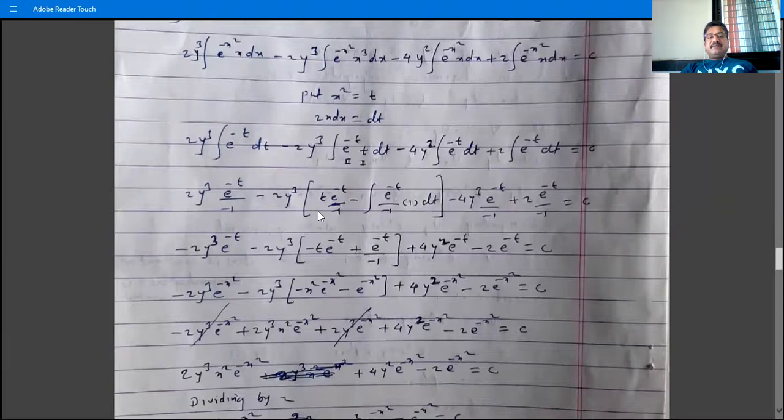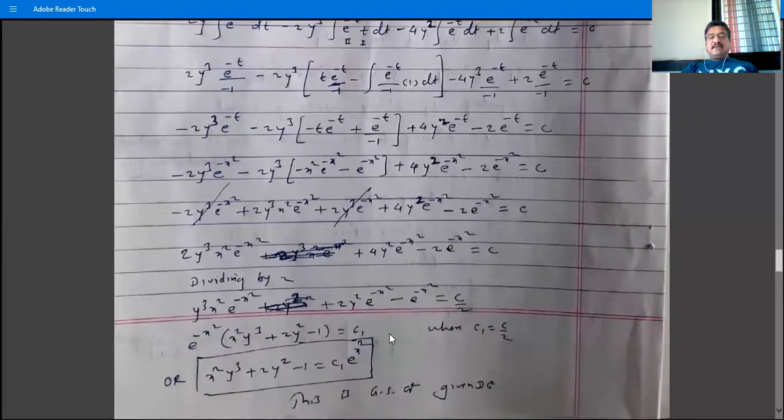Or write the next step as 2y cube e raised to minus t. So the correction is, write in each term 1/2 dt, and then cancel the 1/2 throughout. So we have this, or take 1/2 as common. So 2 into 1/2 becomes 1 here, 1 here, here we have minus 2, here we have 1. So the correction is there. I think the final answer is correct, but